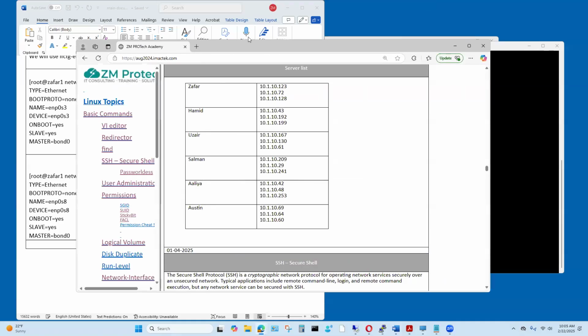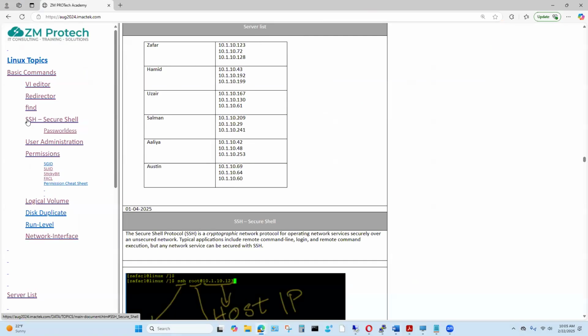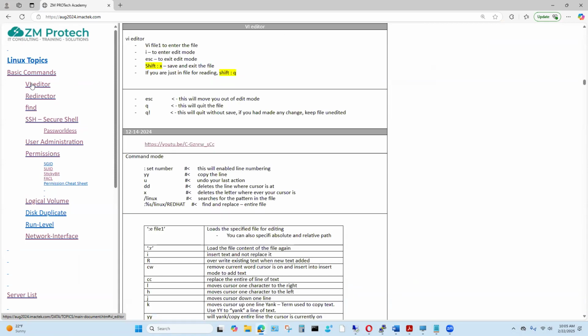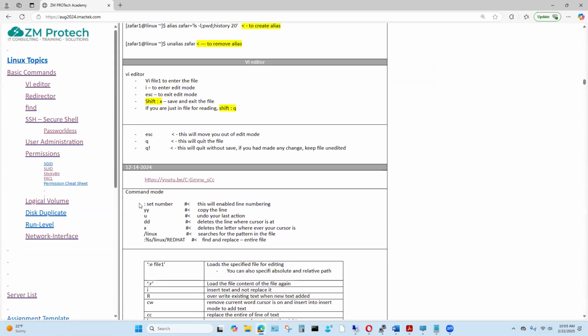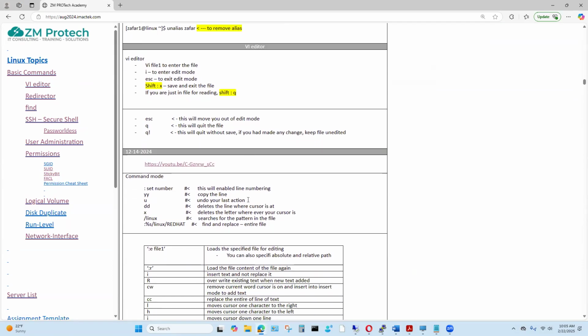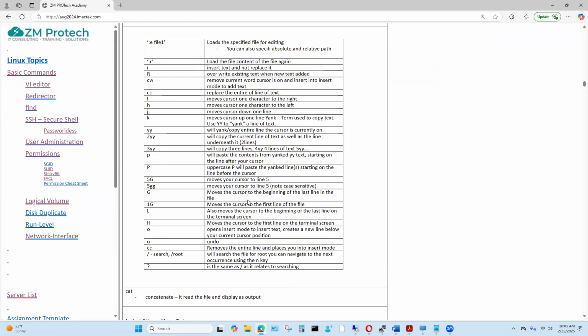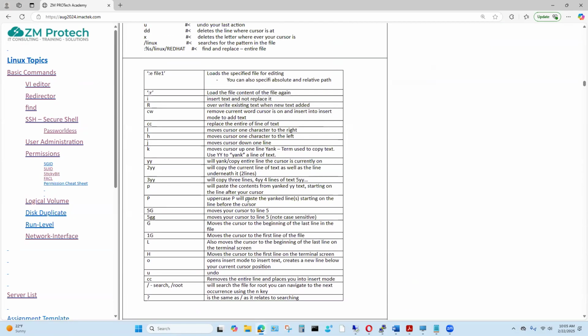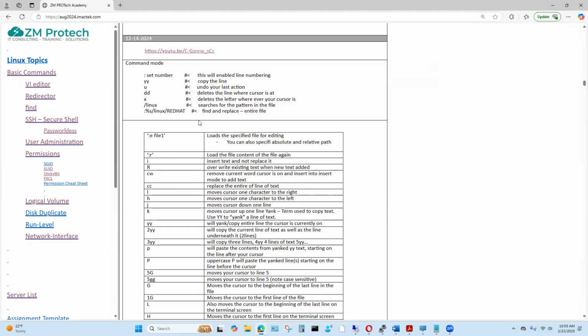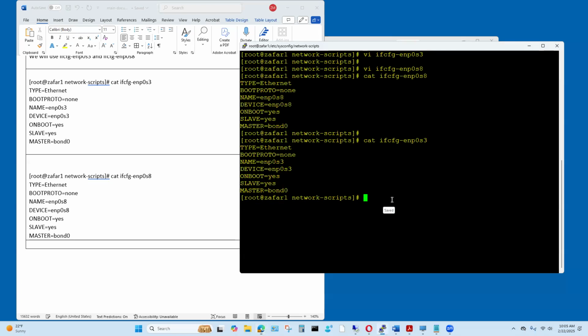Let's go to the website and let's go to the VI editor. I'm holding that off because of the scripting. I was going to show you that part during scripting, but since this has come up,